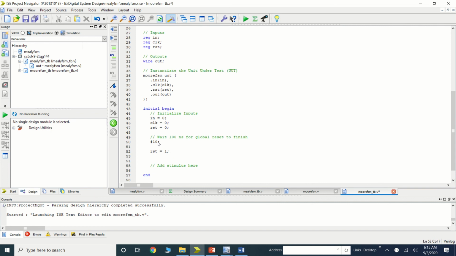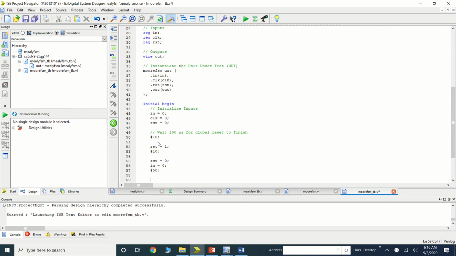When the reset equal to 1, we are applying the reset for this, for example 10 seconds, then I am doing the reset equal to 0. Let's apply input equal to 0, and you can assign any time scale as you want to check it.